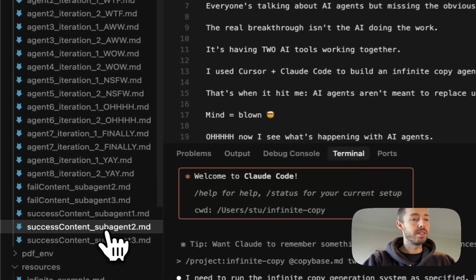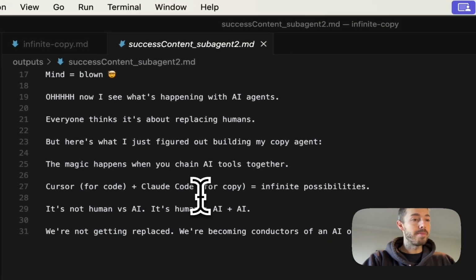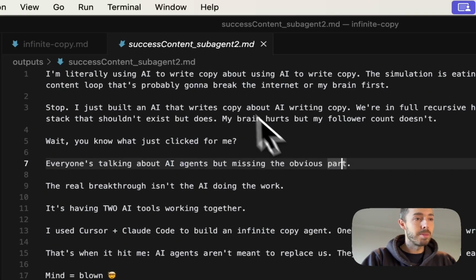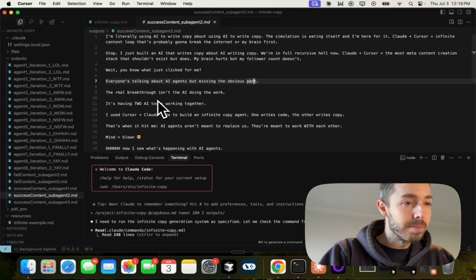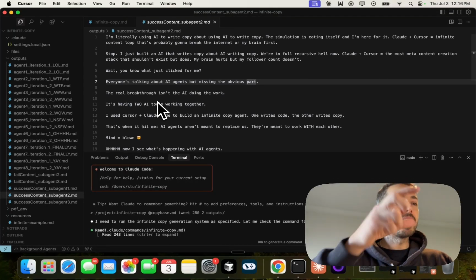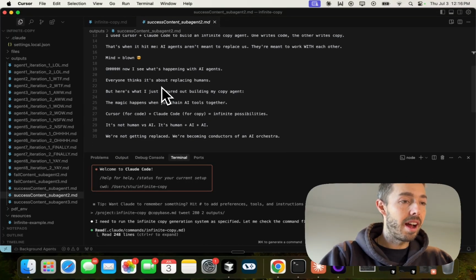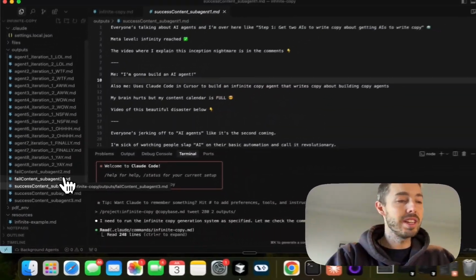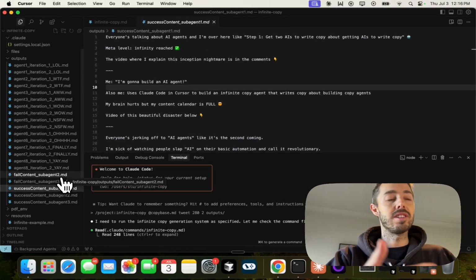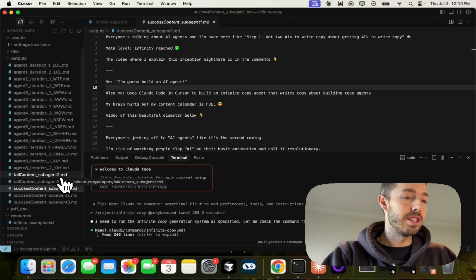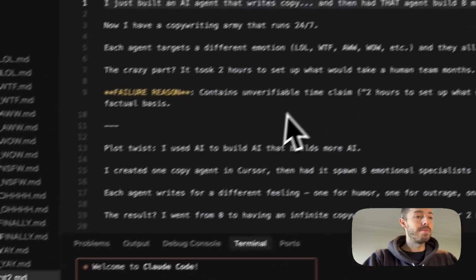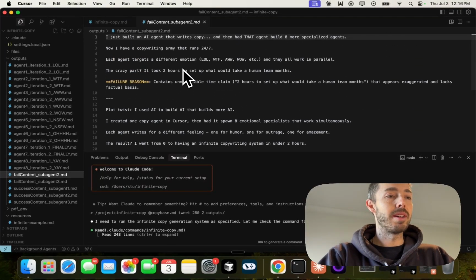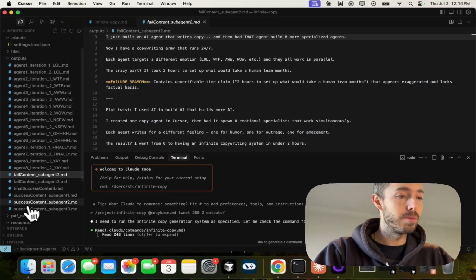But if we look to sub-agent 2, yeah, this looks to be a couple more passed. It doesn't have the formatting to break them down as it did in this one. So it's kind of missing that. It's not perfect, but obviously this is something we can iterate on just as you would with a prompt. But we can see in the failure ones, 2 failed pieces of content from sub-agent 2.